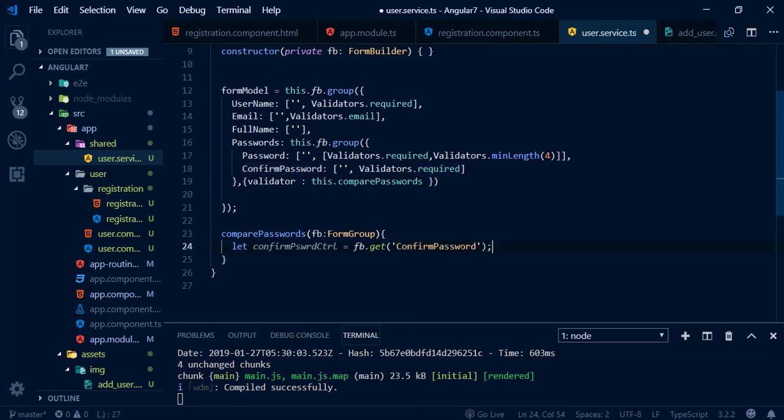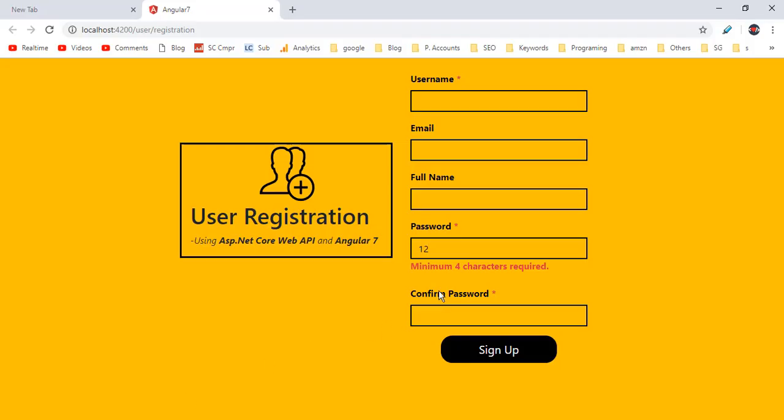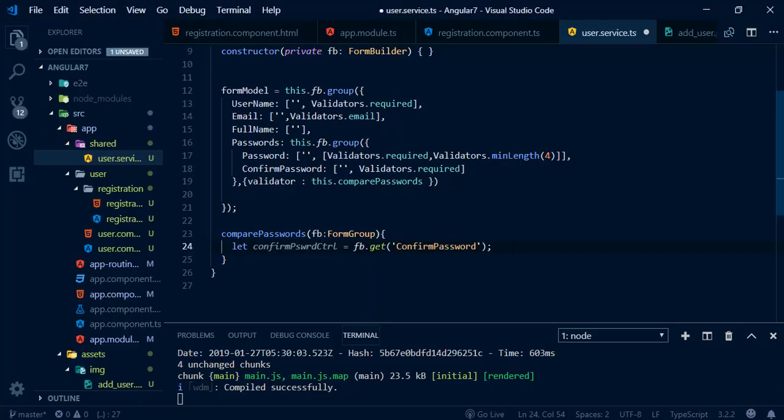Now inside this custom validation, we have to set one more validation error. That means if the passwords inside these form controls do not match each other, we will raise a new error, password mismatch. Okay, if there is no error because of this required validation, then only we will check for this validation, password